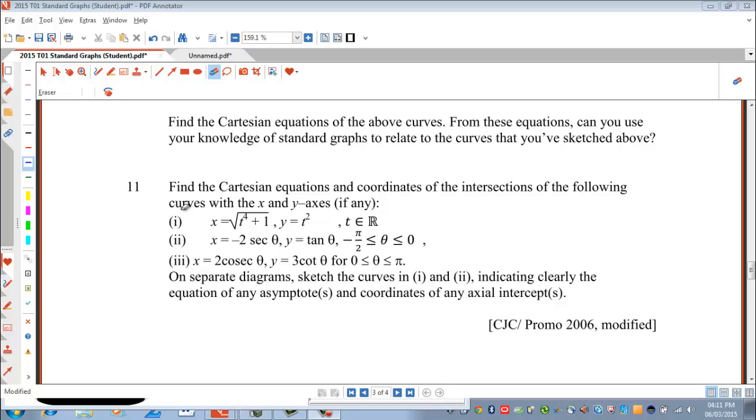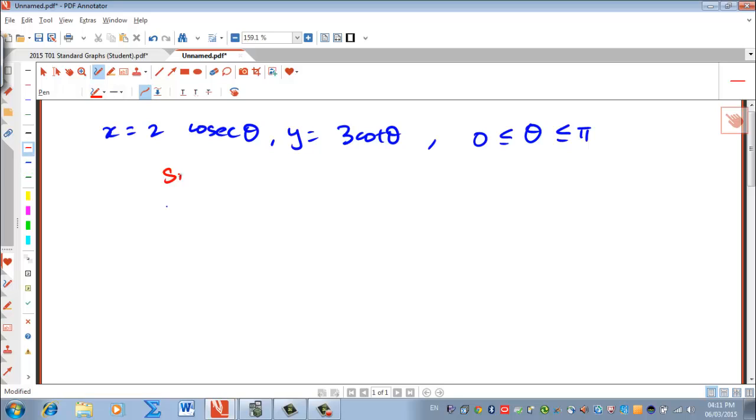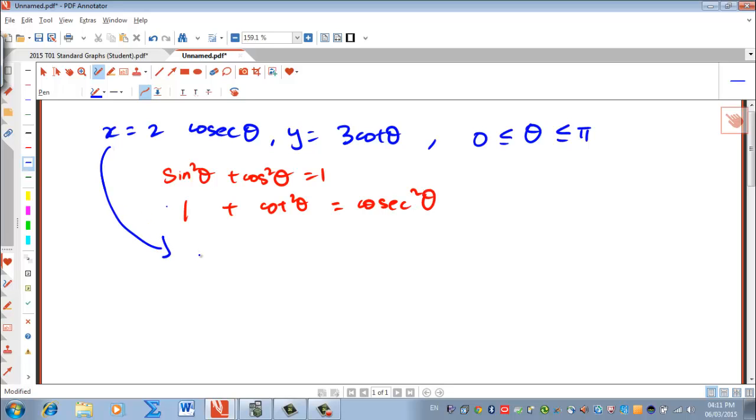In this video, we look at how we can find the Cartesian equation for part 3 of the standard graph tutorial. Again, as in 11 part 2, from sine square theta plus cos square theta equals 1, we know that if we divide throughout by sine square theta, we'll get 1 plus cotangent square theta equals cosecant square theta. From our parametric equations, we know that cosecant theta is x over 2, whereas cotangent theta is y over 3. So when we substitute this back into our